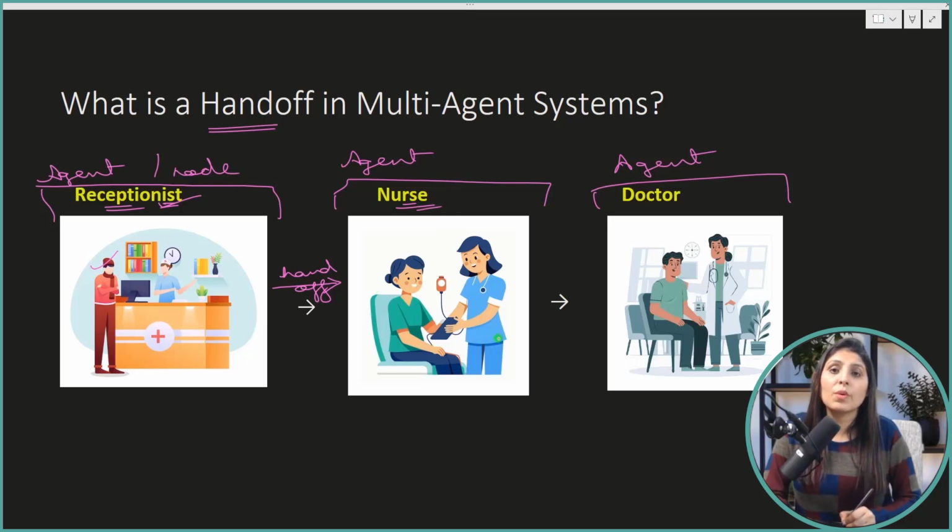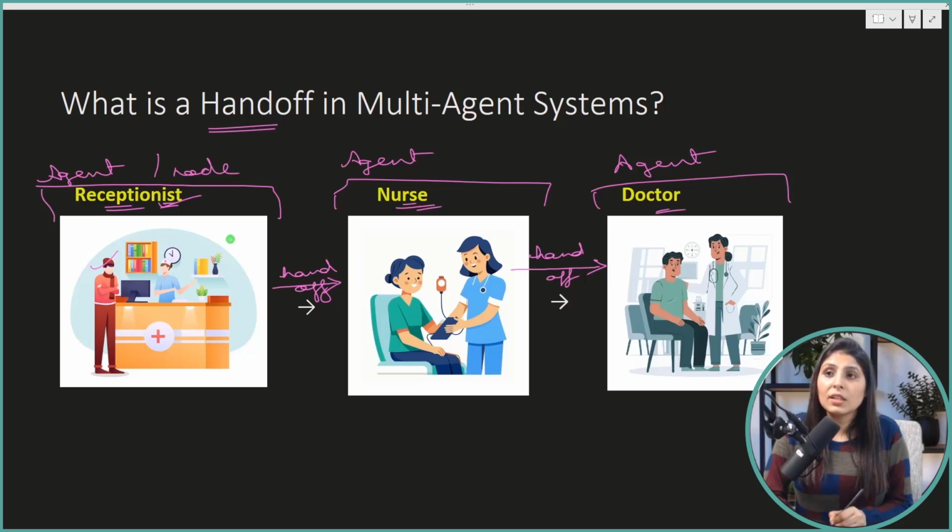Then the nurse agent will perform the task. The nurse will do the basic checkup of the person. Then the task of the nurse agent is completed. After that, the nurse agent will hand off the task to the doctor agent. Now the doctor agent will perform the detailed checkup on the patient, right?